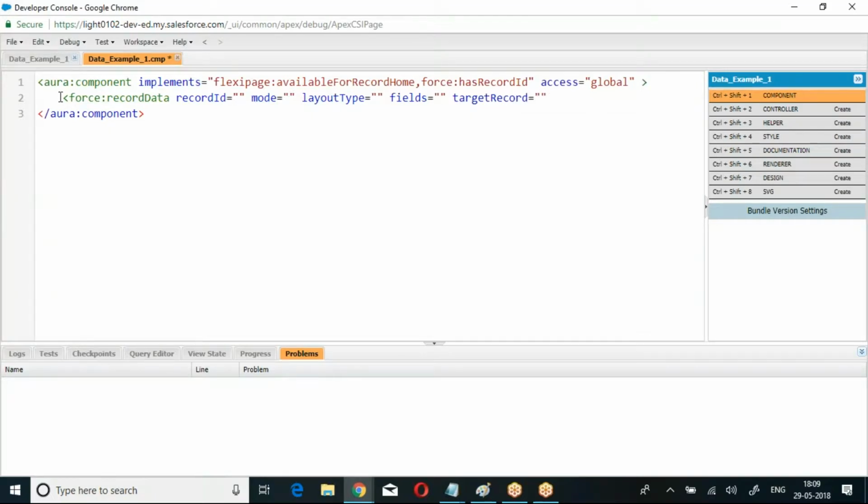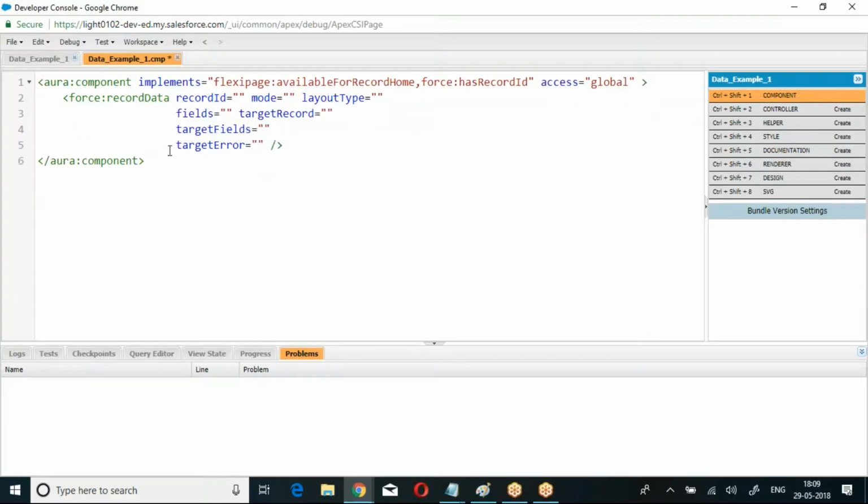Target record. Then we have target fields. Target error. Right. First, these properties are clear. If you have clarity about these properties, then I'll go ahead. Anyone has any query about these properties? What I have given here? Clear. So,